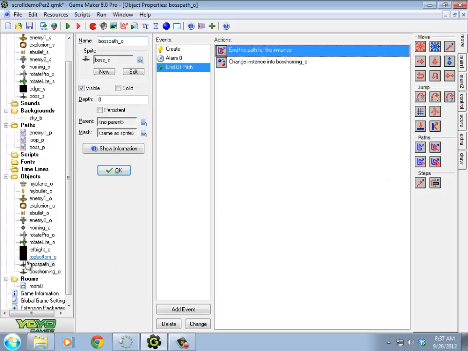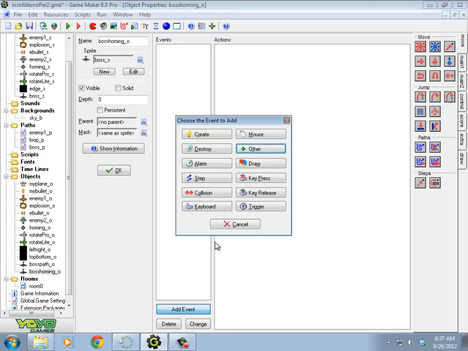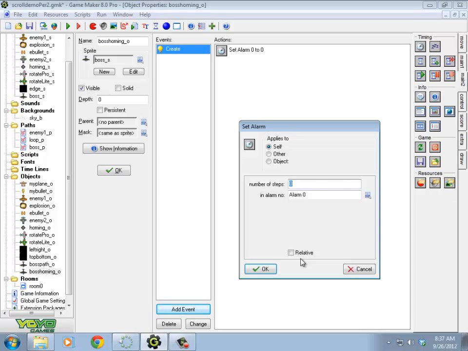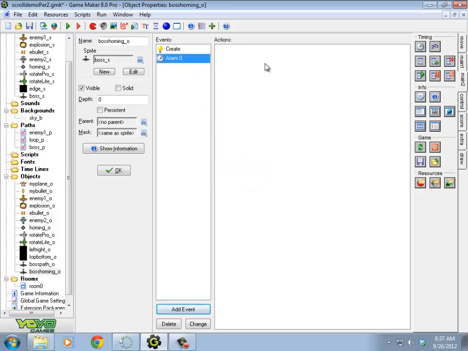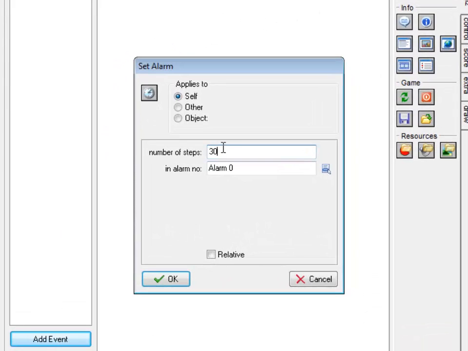Speaking of which, boss homing, what are you going to do with your day? So I'm going to have him fire these homing bullets that I created last time. So that's going to be an alarm event as well. So I think I'm going to have him fire these every second. So I'm going to set alarm 0 to 30. When alarm 0 counts down to 0, so it starts at 30, 29, 28, 27, it counts down to 0, I'm going to reset to 30